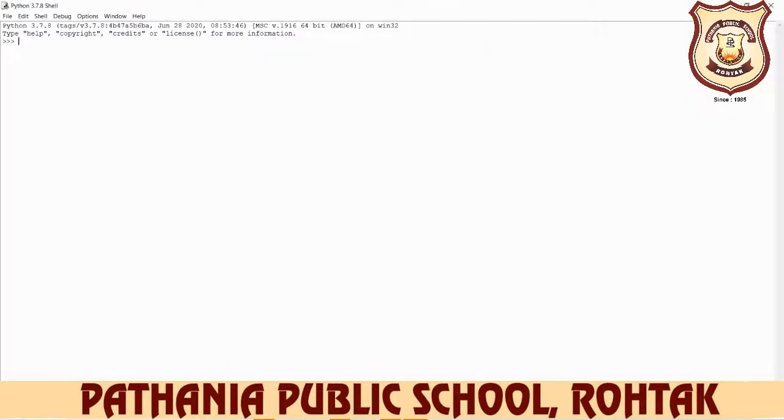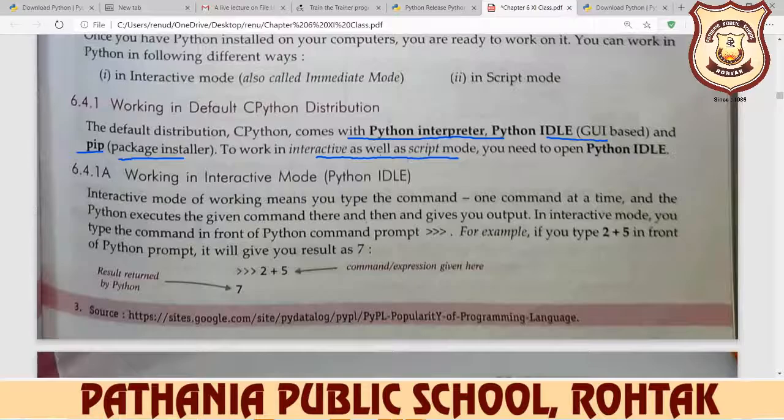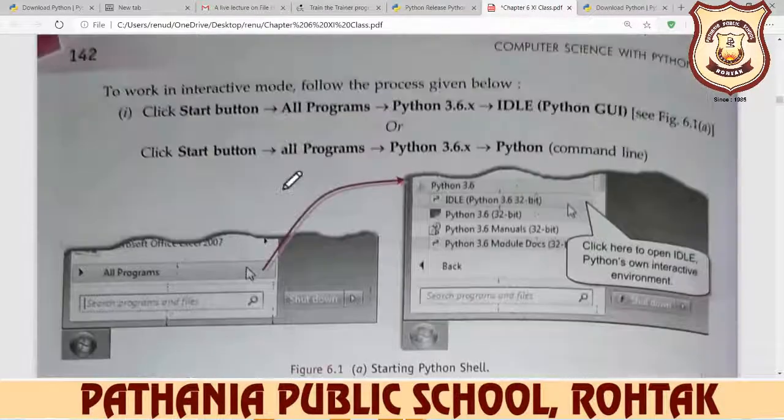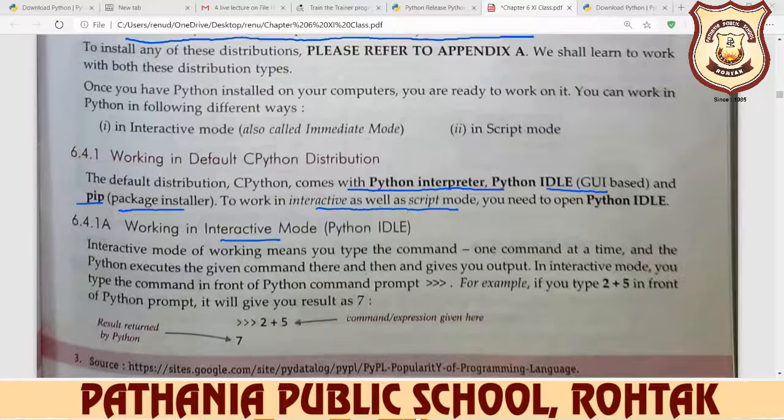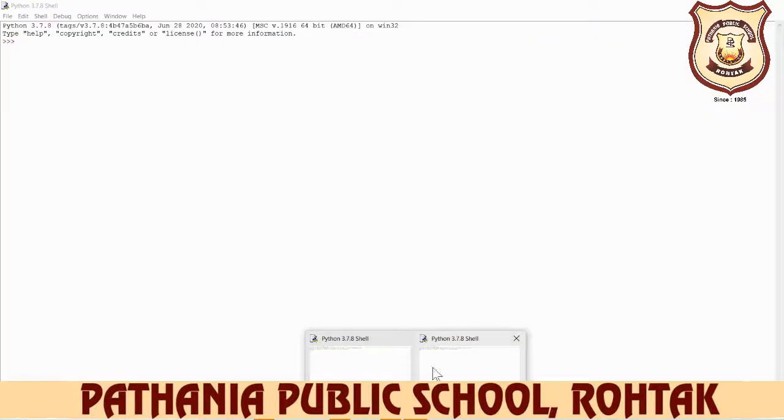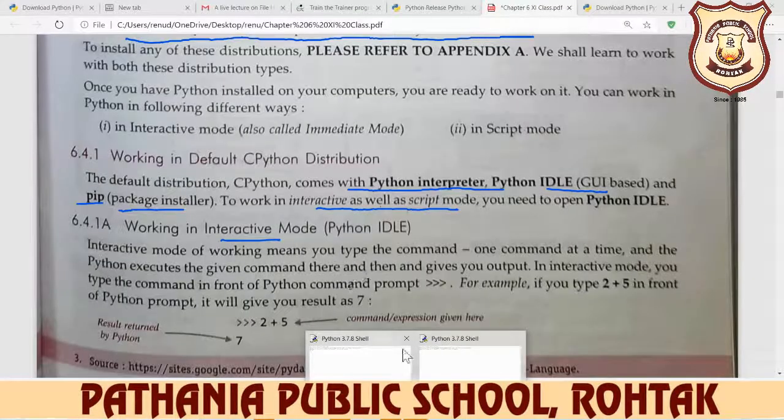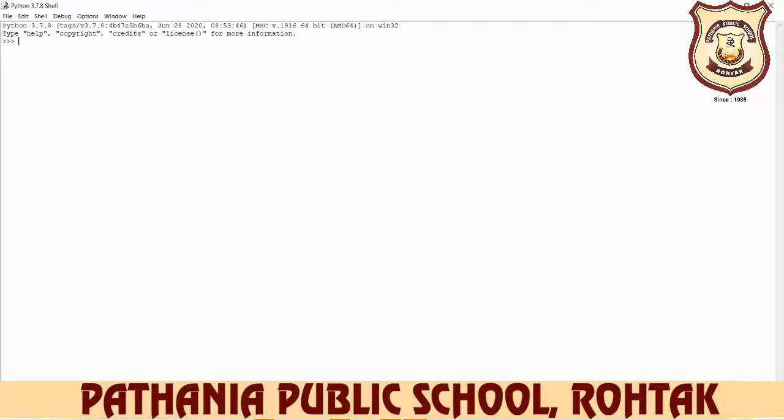When you work in Python, you work in two modes. One is your interactive mode and second is your script mode. So this is your interactive mode.